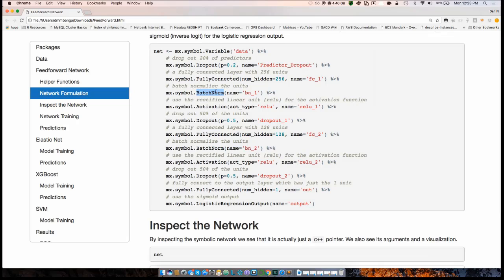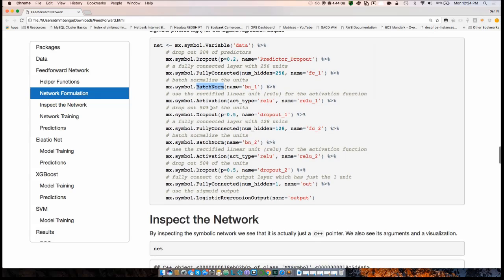Why is that important? So when you're computing through backpropagation the gradient, it's computing a gradient for each hidden unit, assuming all the other hidden units stay constant. Well, that's a nice simplifying idea. It doesn't actually represent reality. That could lead to problems. So by batch normalizing, you can take that into account and fix that error.